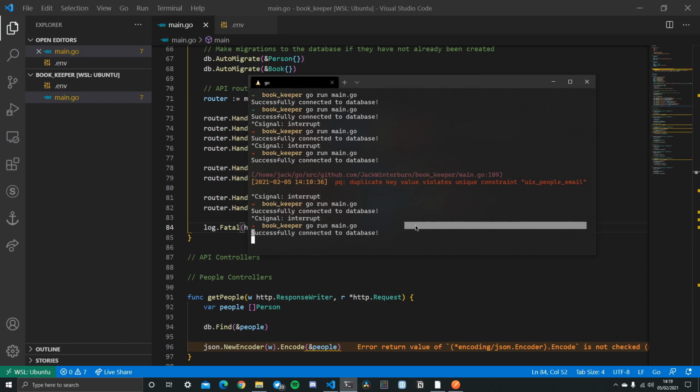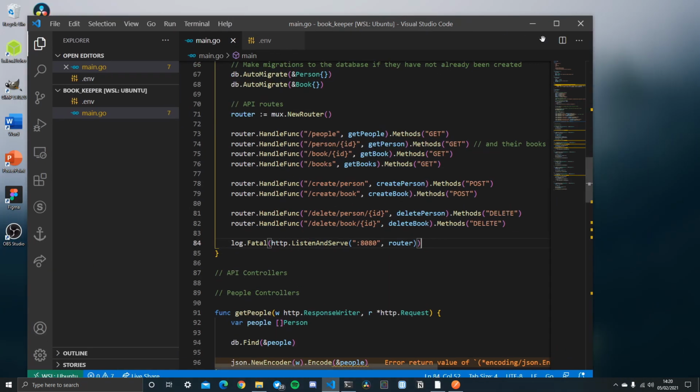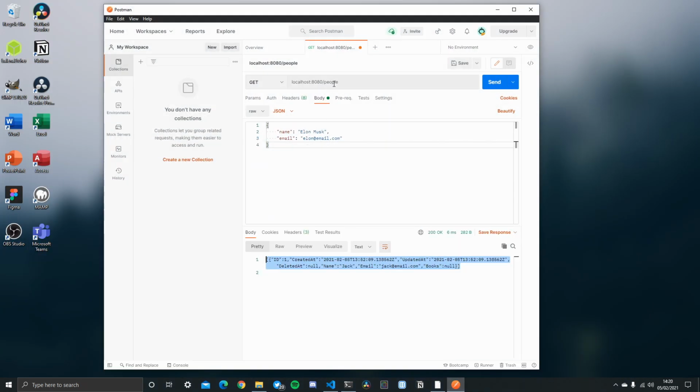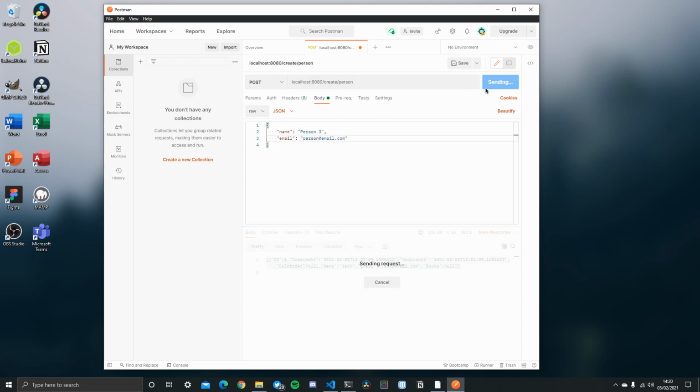Successfully connected to database. Okay, let's go ahead and test this out. So I'm going to go ahead and create some people. So I'm going to create another person. So create person. I'm going to send a post request. It's going to be called, you know what, person free, right? person@email.com, send that request, and there we go. So we've got person